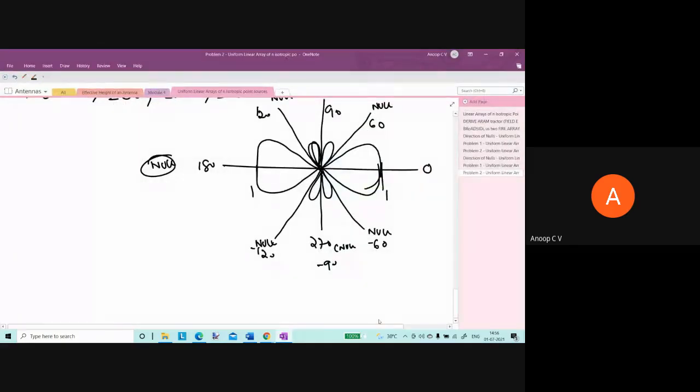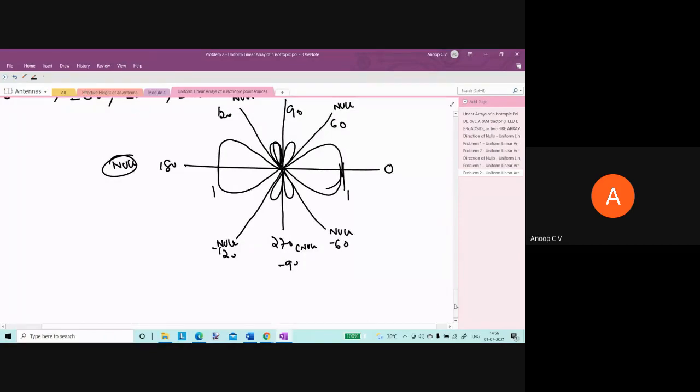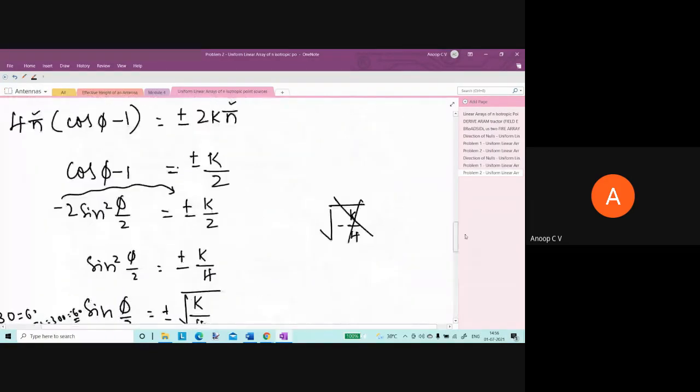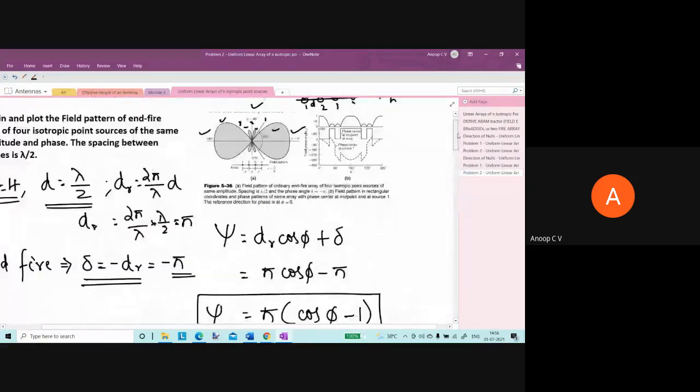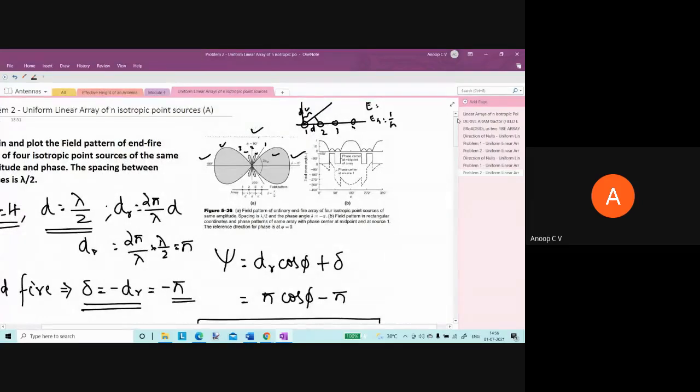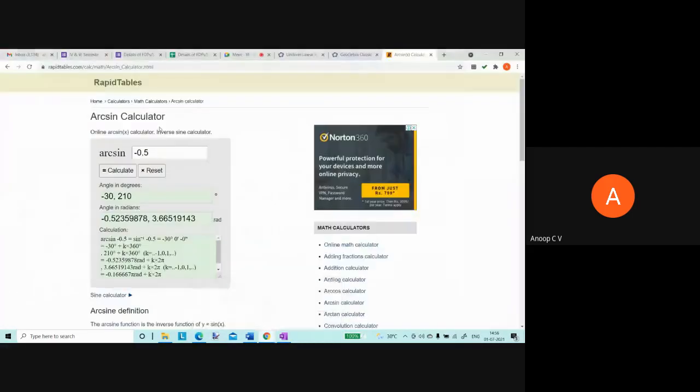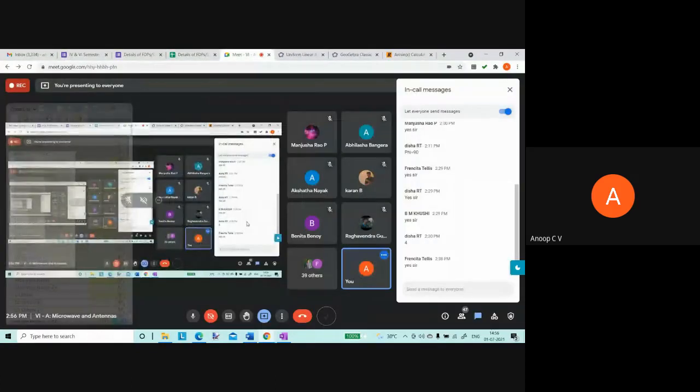Is it clear? Are you clear with these? Any doubt? It's very simple. Are you clear with this? Please do type in the chat window. If any doubt, you can type it in the chat window. At least those who are clear now, please do respond, so that I can make sure I don't have to repeat it.